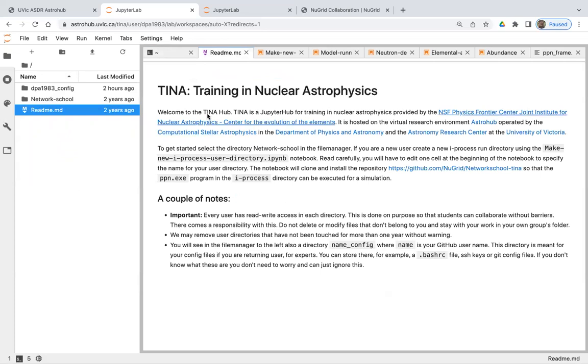Then you will see here on your screen this short text, which gives some information about TINA, what TINA is. TINA stands for Training in Nuclear Astrophysics. Welcome to the TINA Hub, etc., etc. You can read this later. There are some links here. You can also click these links if you are interested. Okay,